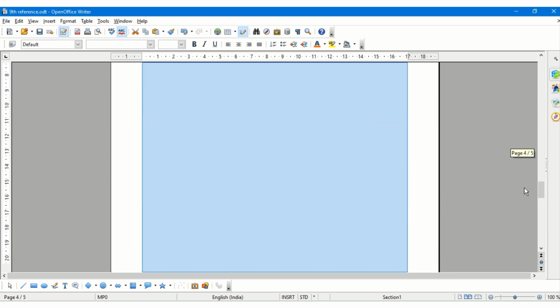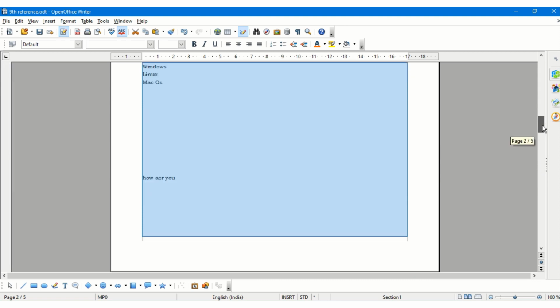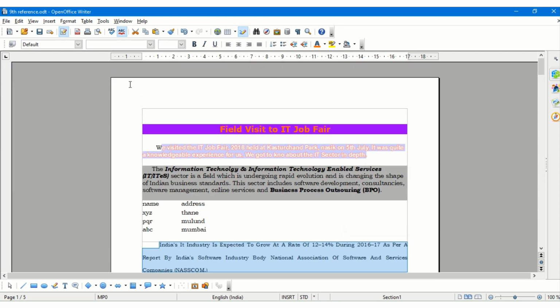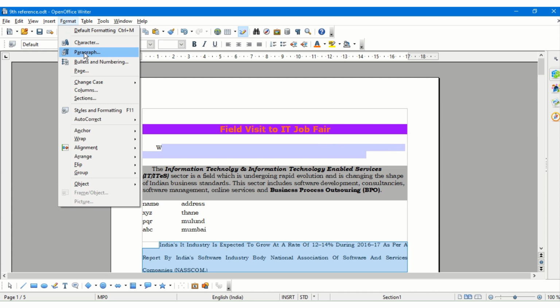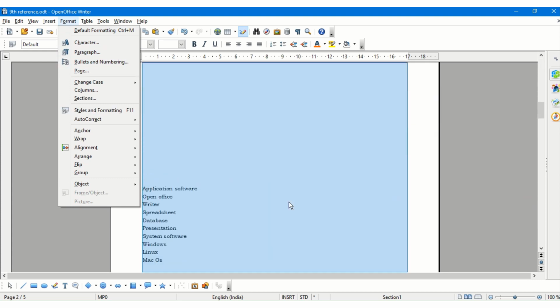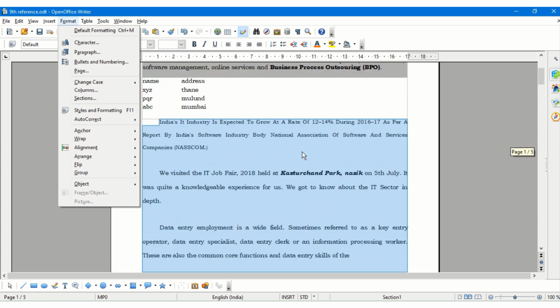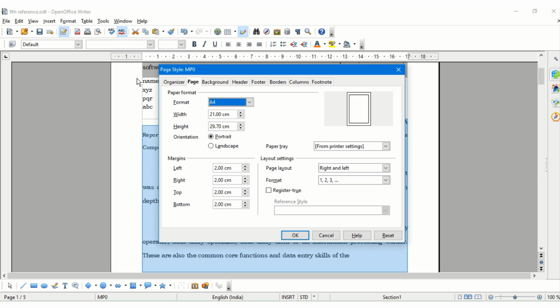So this way, these are the formatting options for our text which we can do, that is character, paragraph, page. Now the next one is the page formatting. Now if I want to format a particular page, the entire formatting of a page can be done with this option. Now the first one is the height and the width of the page.